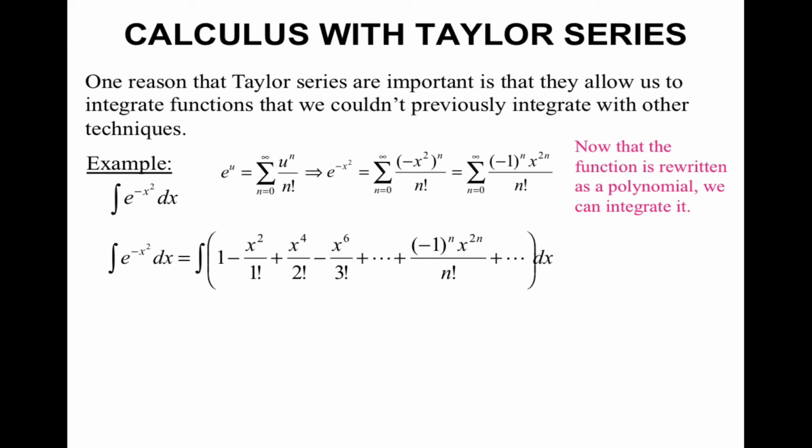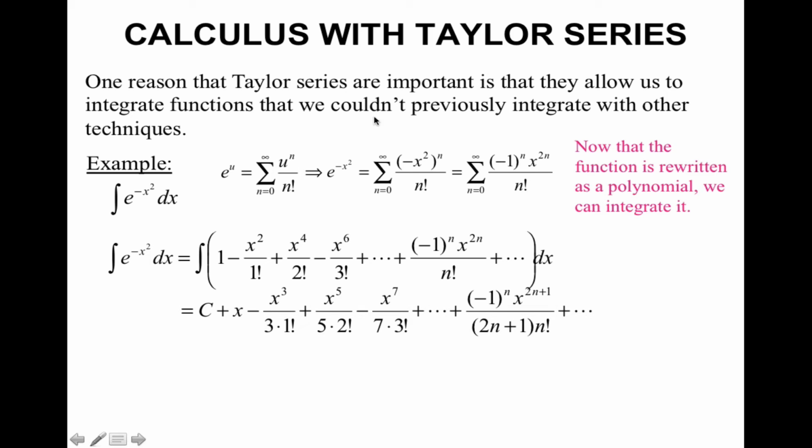So if I expand out this series, I would get the following: 1 minus x squared over 1 factorial plus x to the 4th over 2 factorial, and so on. Now, this is much more doable with integration, because I'm just going to use my good old power rule: add 1 to the exponent, divide by the new exponent. So when I integrate each term, I would of course have my plus c,